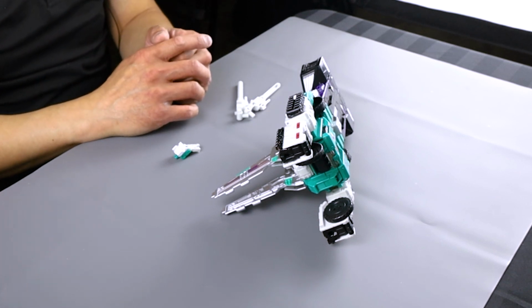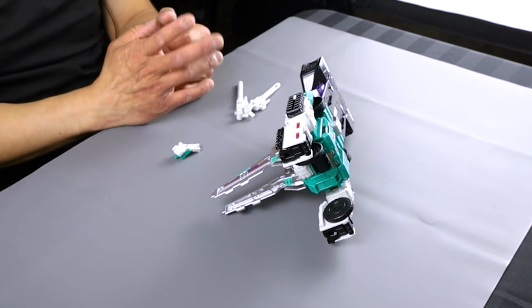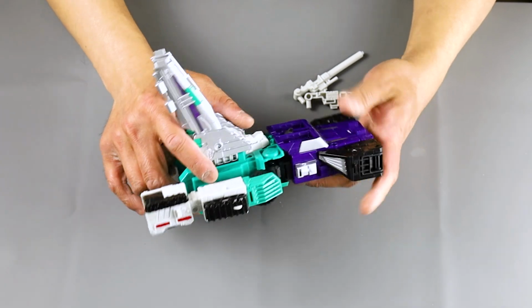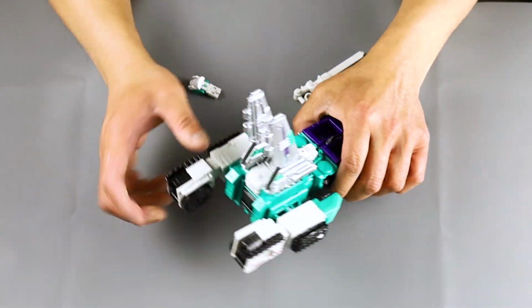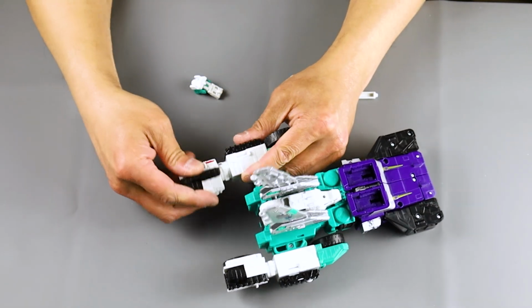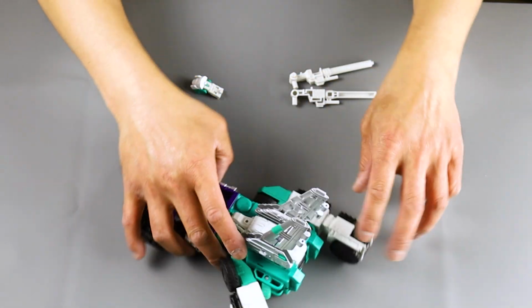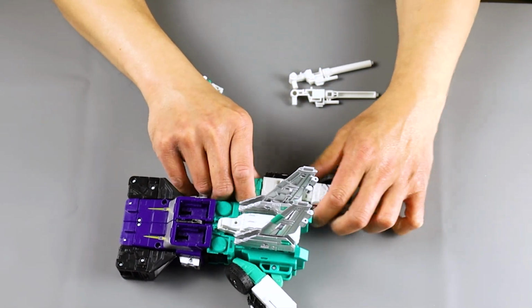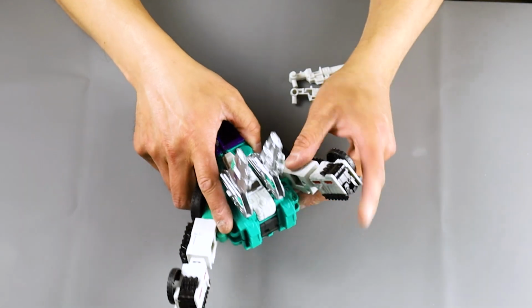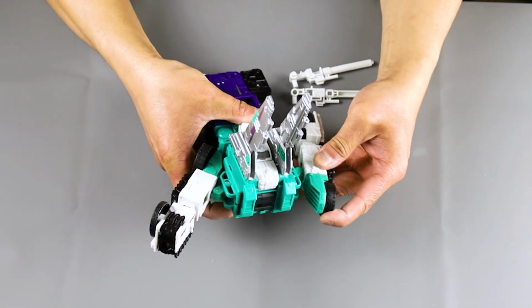Okay, so from this mode, I'll turn it into his third alt mode, which is his armor vehicle mode. So I'm gonna kind of keep him in this mode like this. I'm going to turn the wheels around like so, like that, turn it upwards. I'll do the same on the other side. And then I'm going to flip this over, and you'll notice that on the side of the